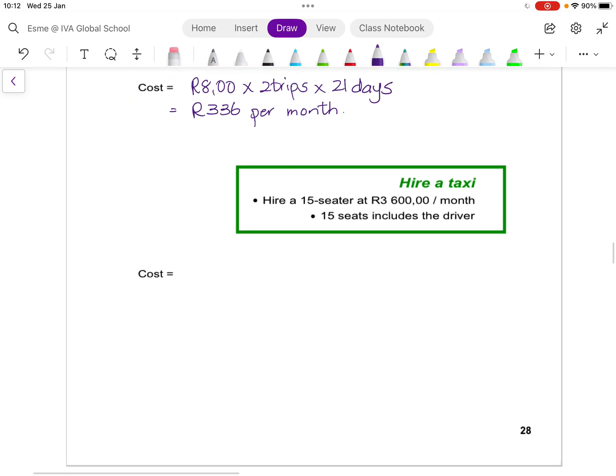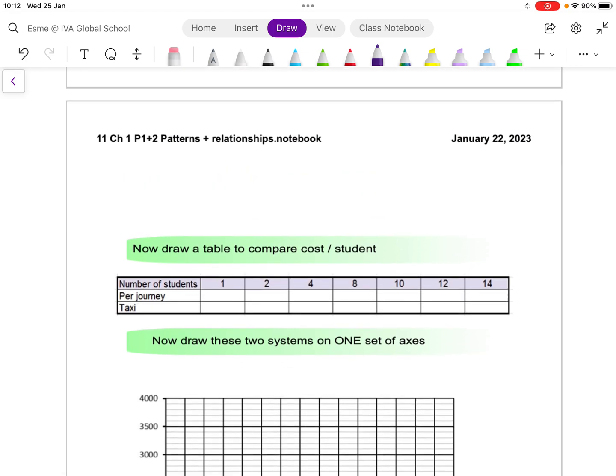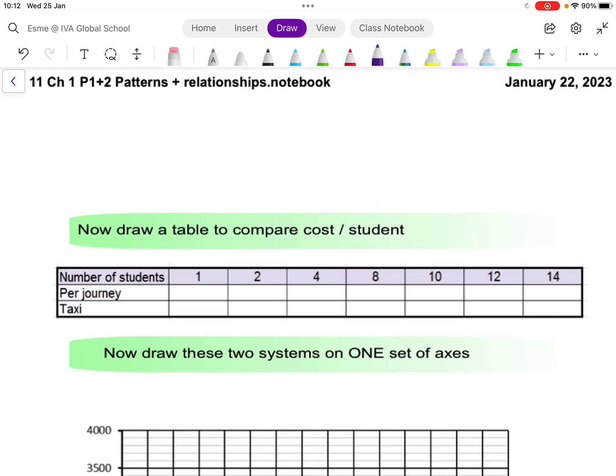it is going to cost a flat rate of 3,600 Rand. Right, and now what we need to look at here is the number of students per journey. Okay. So now if I make 1 journey, 2 journeys, 3 journeys, 4 journeys, it is going to cost you 336